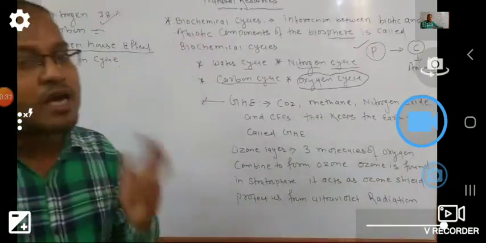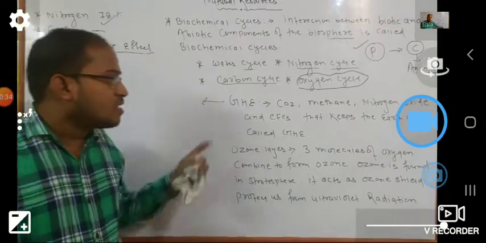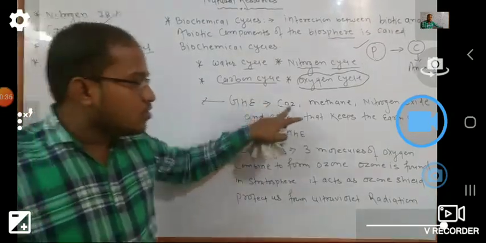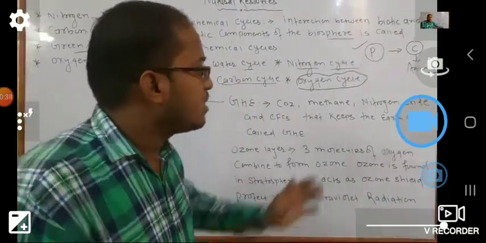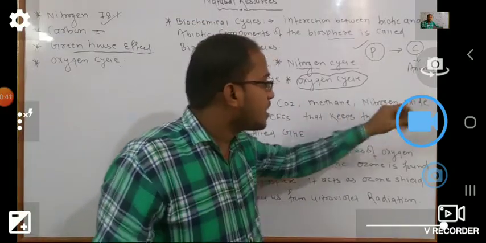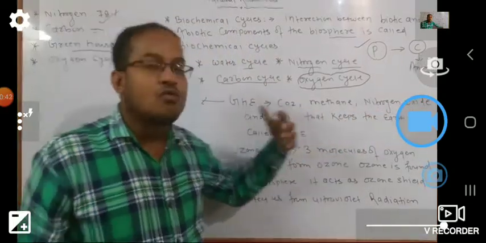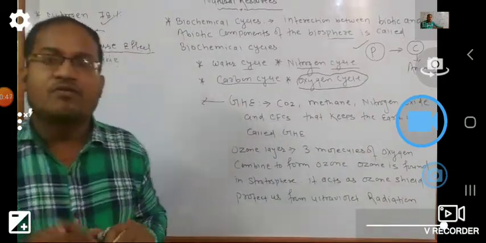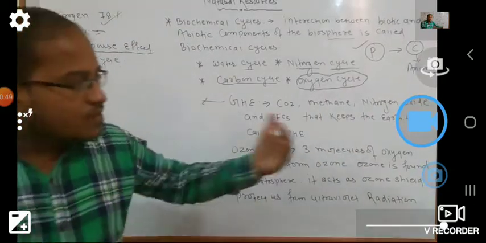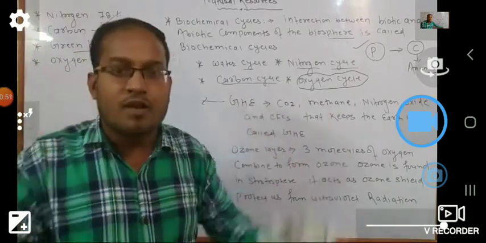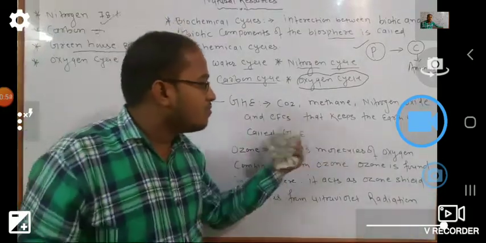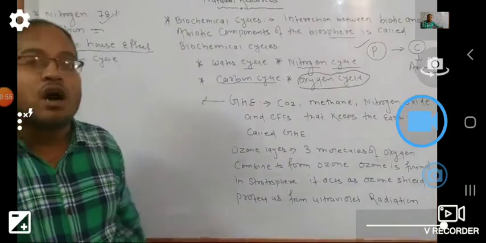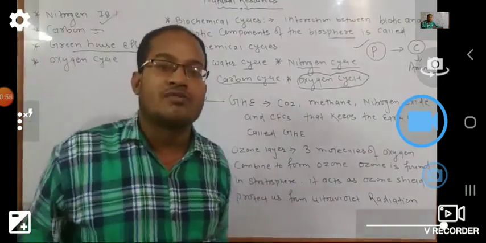Greenhouse effect का मतलब क्या होता है? Suppose when the CO2, meaning carbon dioxide, methane, nitrogen oxide, and CFC chlorofluorocarbons are generally kept in our environment for a long time, और ज़्यादा समय के लिए अगर ये present होंगे in our environment, our environment will become warm and that causes the greenhouse effect. इसी को हम greenhouse effect कहते हैं.